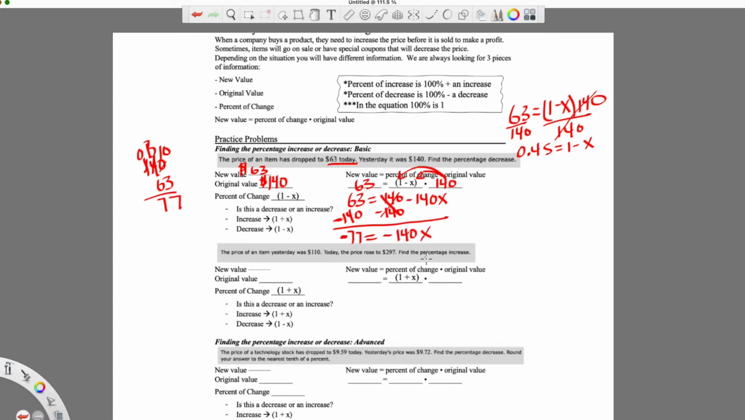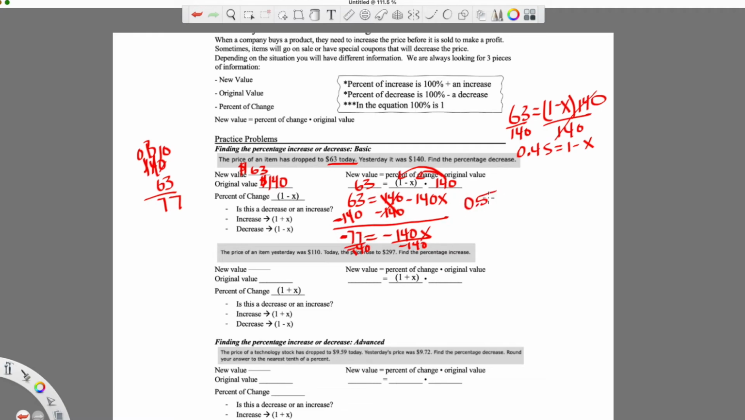And now I can deal with this negative 140 being multiplied by the x by dividing by negative 140 on both sides. See how I divided by the 140 over here first because the entire side was. So either way, I have to end up dividing by the 140. So this is going to be negative 77 divided by negative 140. So I end up with